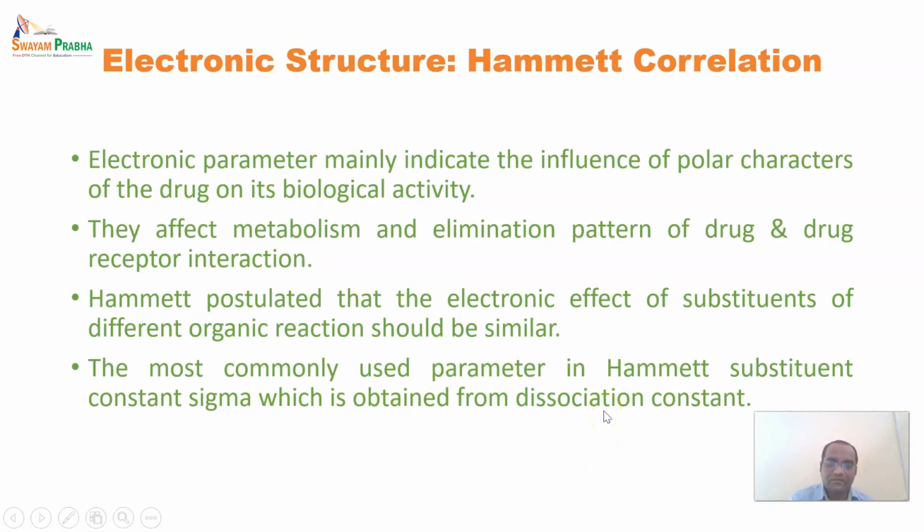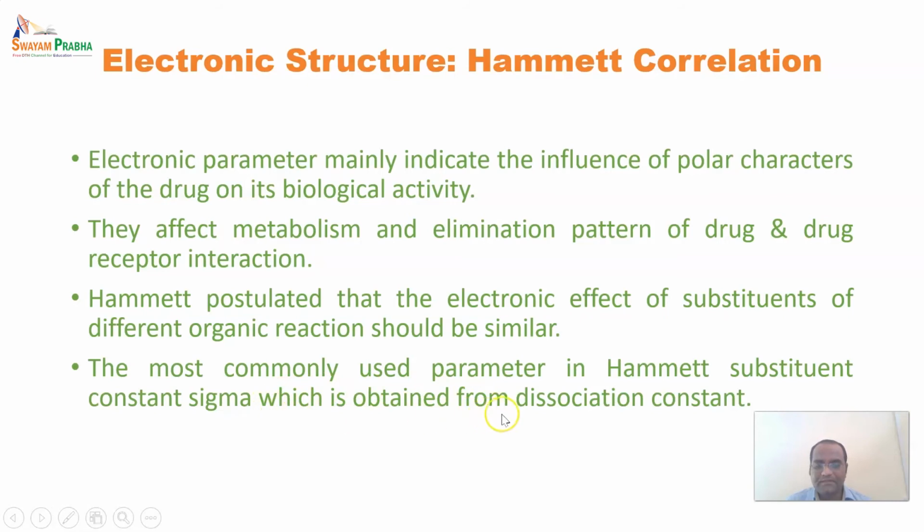We have seen this concept of dissociation in the case of pK. It is nothing but when an acid dissociates from its acid form, it forms a conjugate base, and the concentration of the acid and its conjugate base gives the dissociation constant. The dissociation constant increases as ionization increases, because the molecule will increase its ionizing property because of polarity. As the polarity in the molecule increases, there will be fast dissociation, due to which the value increases. So in the Hammett equation, sigma has been utilized as a substituent constant,